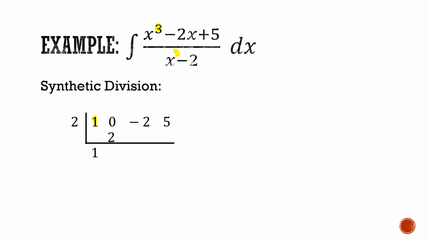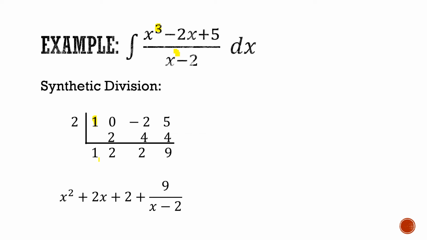Then we add 0 plus 2 is 2. Then we multiply to get 4. Then we add to get 2. We multiply to get 4, and then we add to get 9. And so what that tells us is that our division would yield x squared plus 2x plus 2 plus 9